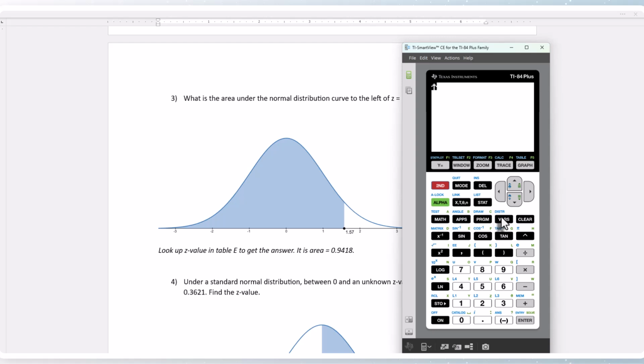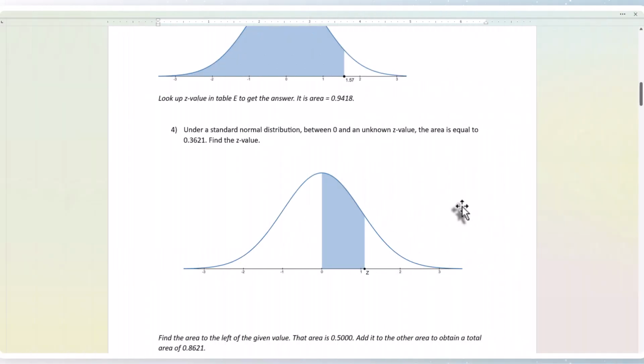And if we use the calculator, we do the following. It's second vars number 2. Now we're going from left to right, so the lowest value is negative 10 to the 99th. The upper value is 1.57. Select paste, hit enter,